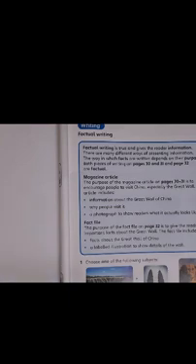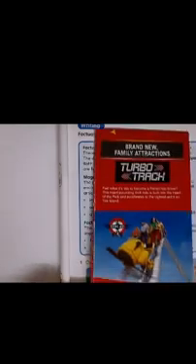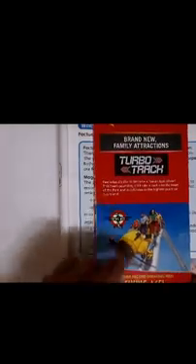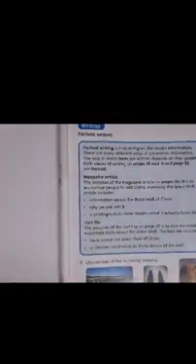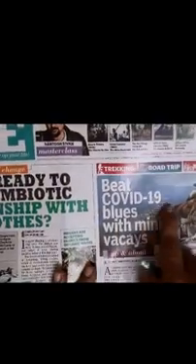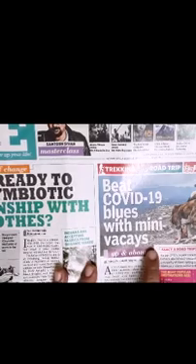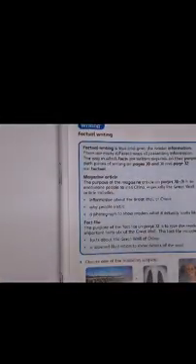So children, where will you come across this writing? As I told you, you will come across this in a holiday advertisement or in a magazine. This also, children, if you see, it is an advertisement. It's a brochure like you have Imagica and all. This will talk to you about these rides to visit these places. I have something else also. See here. This also talks about beat COVID-19 blues with mini vacays. So this is also about traveling, right?